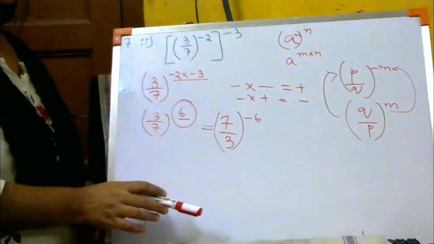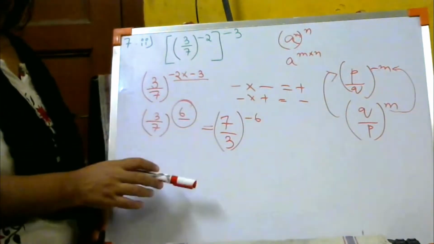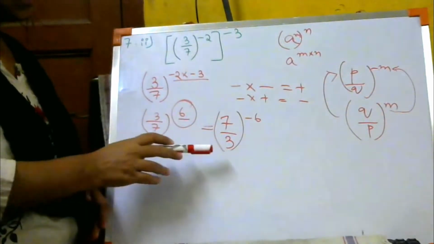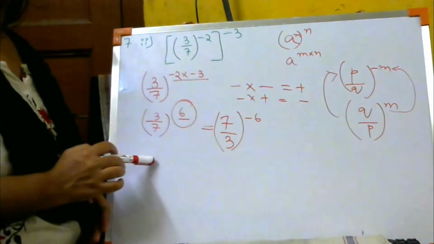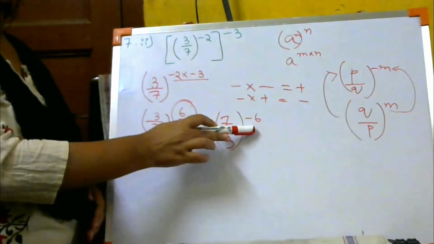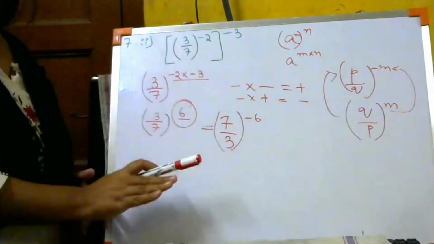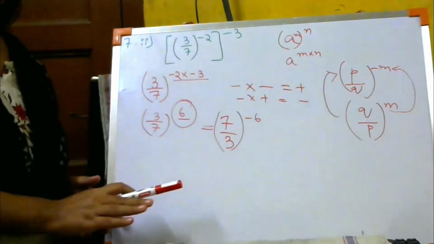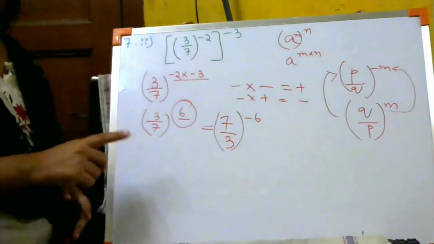Clear? If there is any difficulty understanding, you may ask your doubts, but this is the way to do the sum. You are keeping the sum into a negative exponential power. This is your answer. You only had to do this much in the sum. Okay? Next video will be of the next sum.